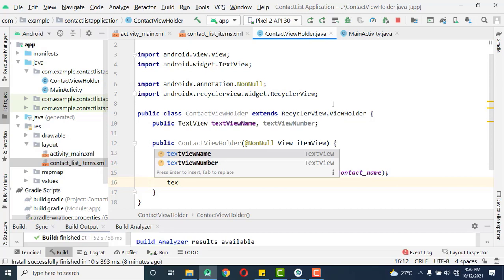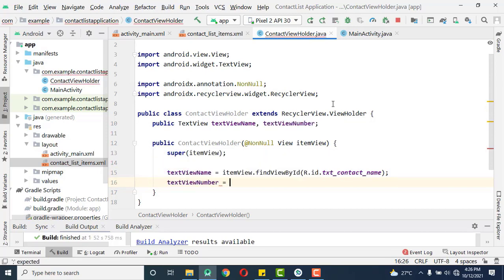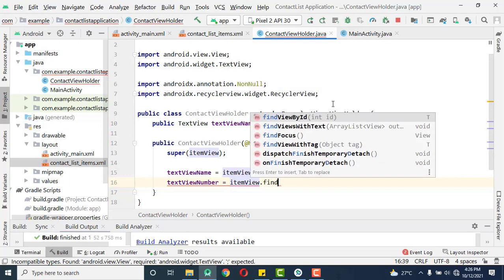For the number, we say equal to the same thing, just the way we did the first one, find view by ID